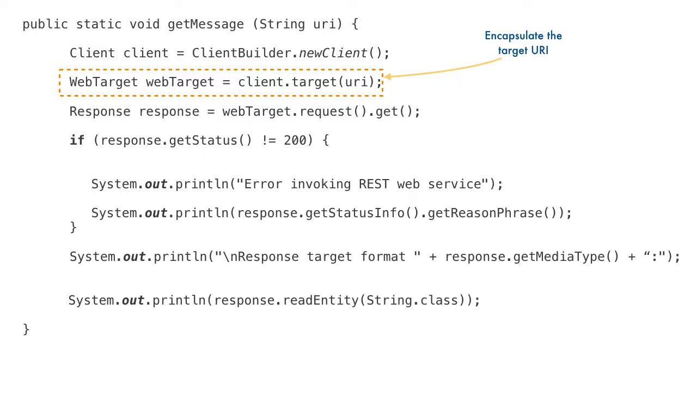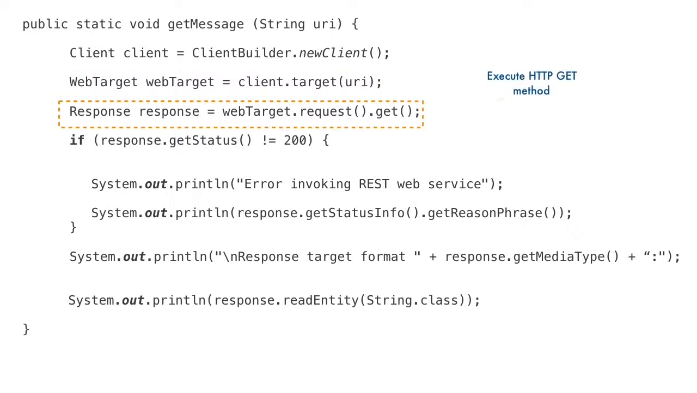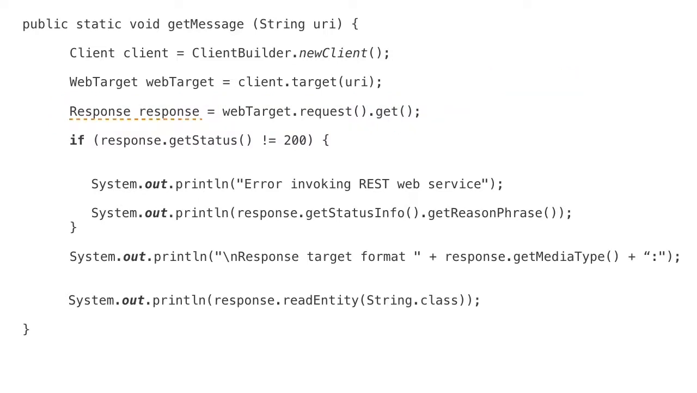To invoke the service in REST provider, we use web target object to call get method. This method returns an object of response. There are a lot of things that we can do with the object of response. For example,